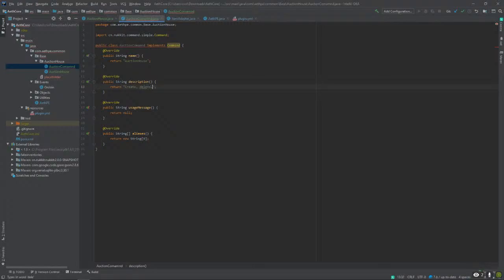Create, delete, or view auctions with the command. Array is equal to... return array.